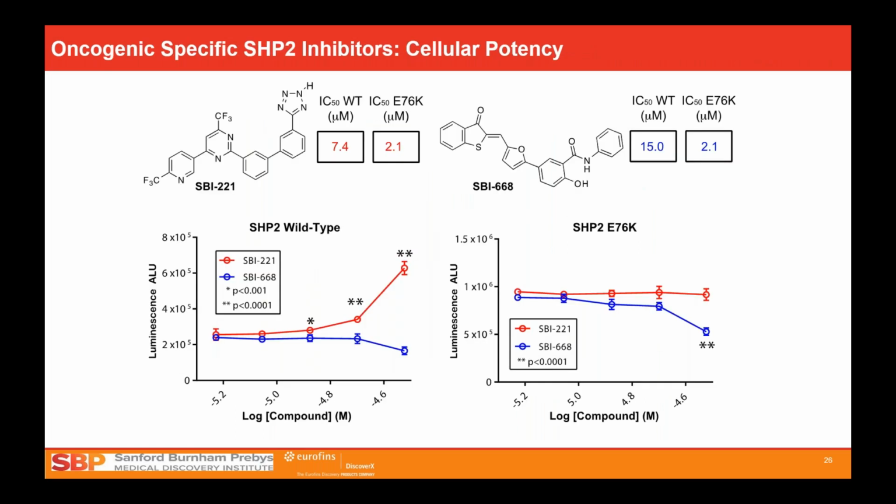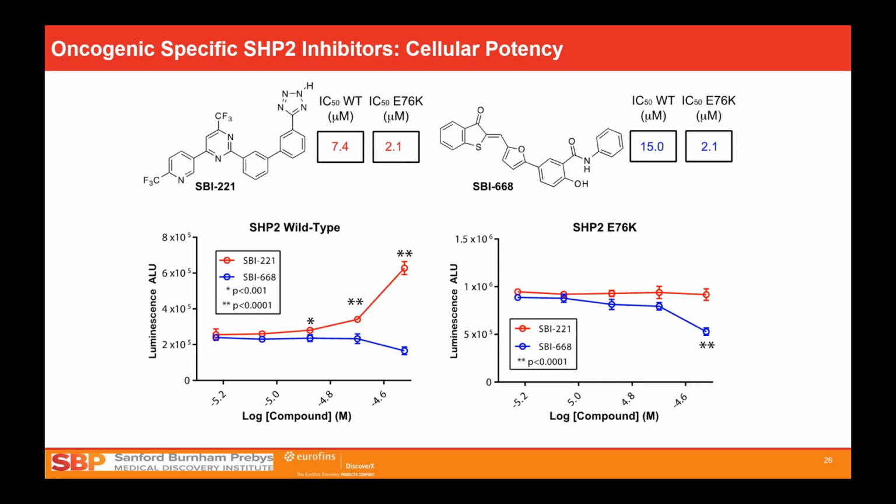So, shown here are some results using InCELL Pulse. Basically, we're able to gauge cellular potency for these compounds. On the lower left, I have a titration dose response against SHP2 wild type. You can see that SBI221 is able to engage with its target in the cell, and we get an increased luminescent signal. But SBI668, the one on the left, is not able to do much with the wild type